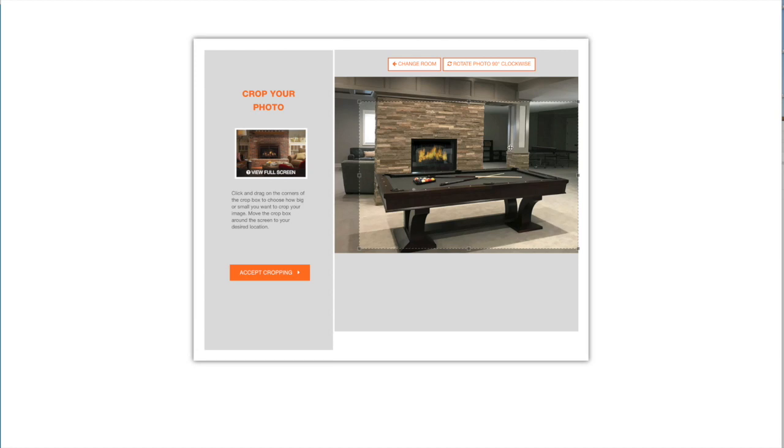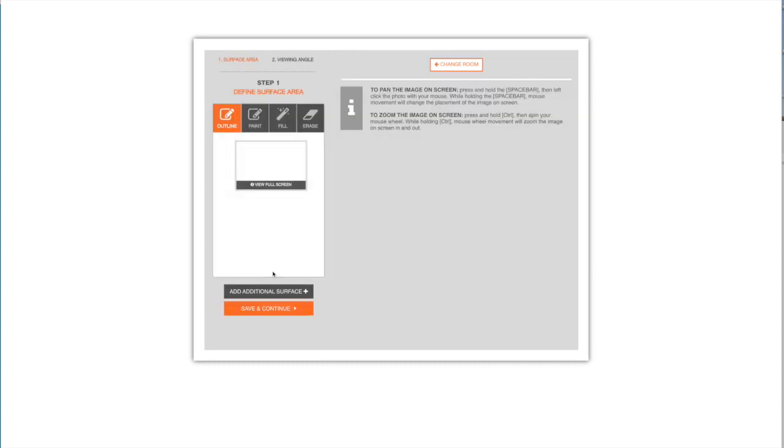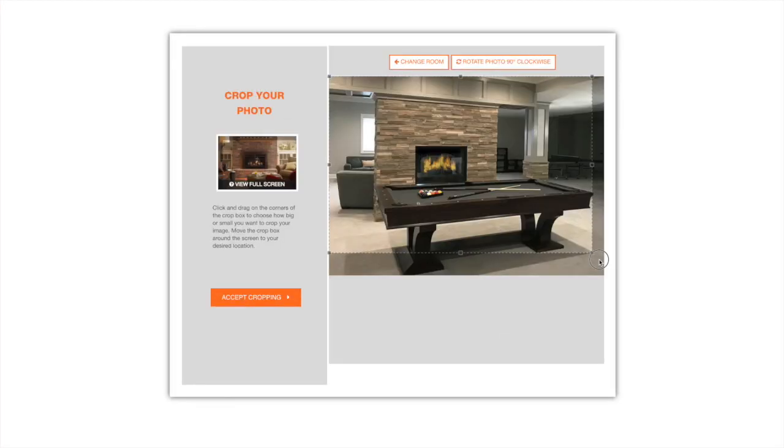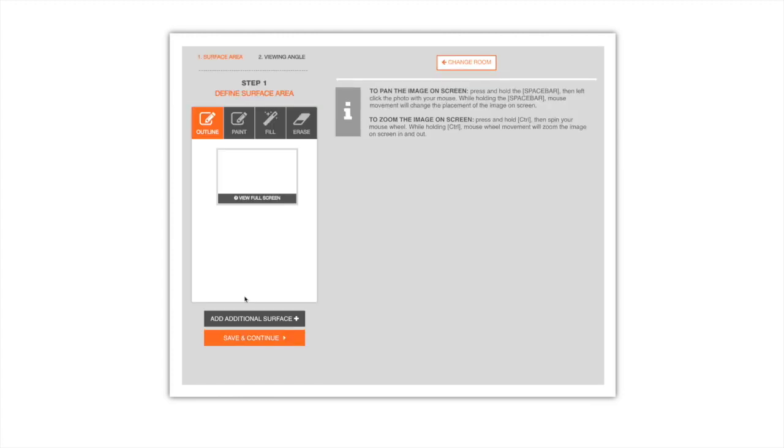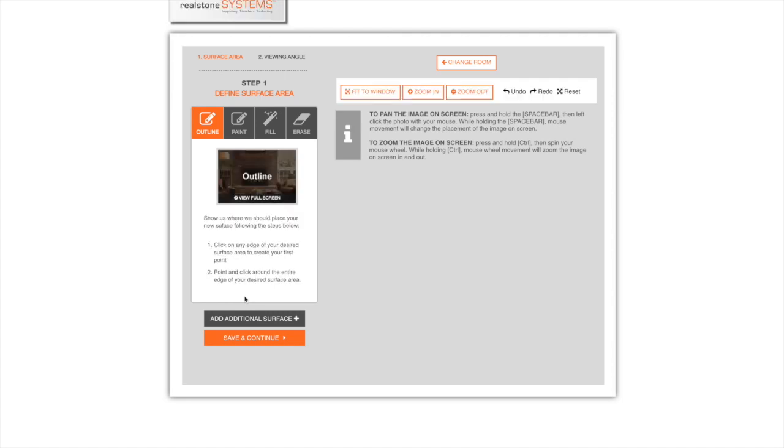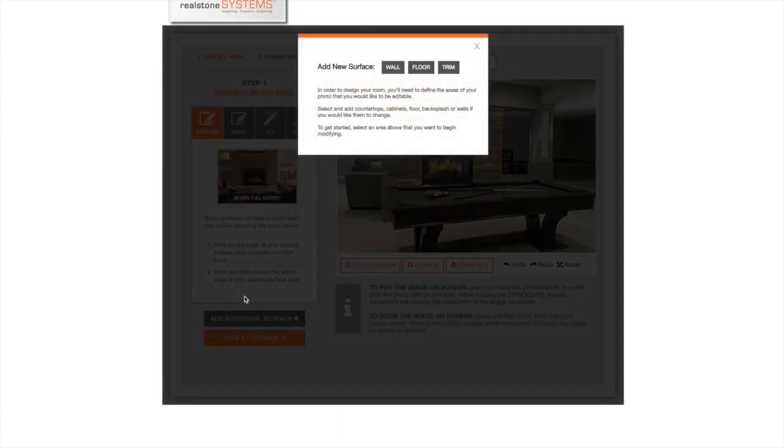So once I select the image, it does get loaded into this new window, and we select the image that we want to work with. It is a specific ratio, so you do have to select a certain part of your image. We accept the cropping and crop out the area you'd like. Click this Accept Cropping button. The image will take a few seconds to process, and then it will ask you to select either a wall, floor, or trim option. So we're going to work with the wall,